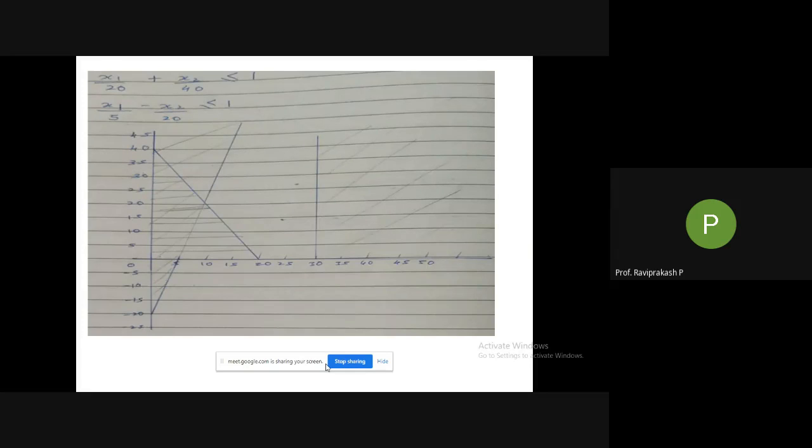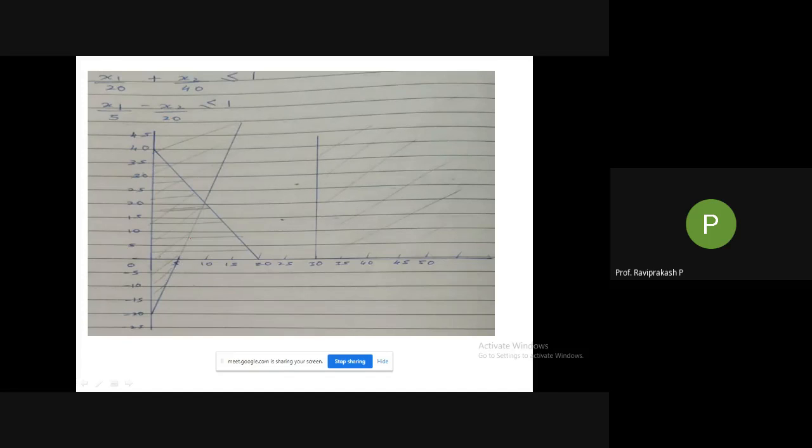I hope you understood this. Any doubts here? Similarly, as I have drawn the lines here, you should draw and make sure in which area all the constraints are meeting. That area will be the feasible region. Here slanted lines and horizontal lines are there. Instead of lines slanting this side, I could have drawn them slanting the other side. Where all these slanted lines, the horizontal line, right-side slanted and left-side slanted lines meet, that area would be my feasible region.